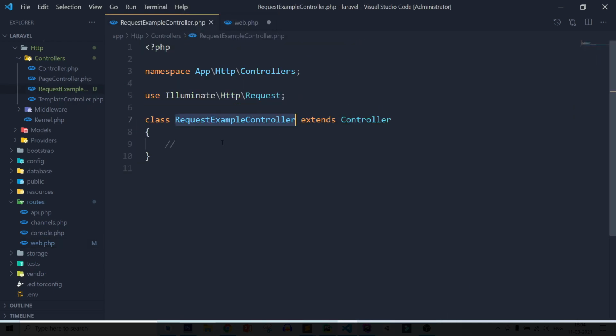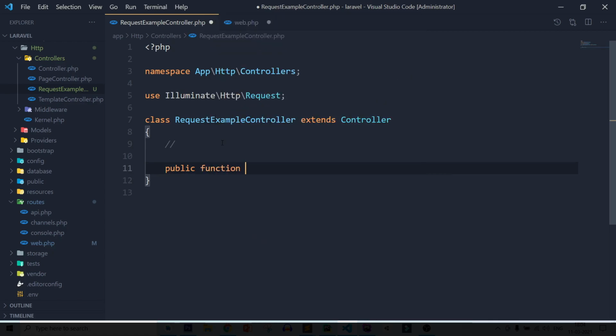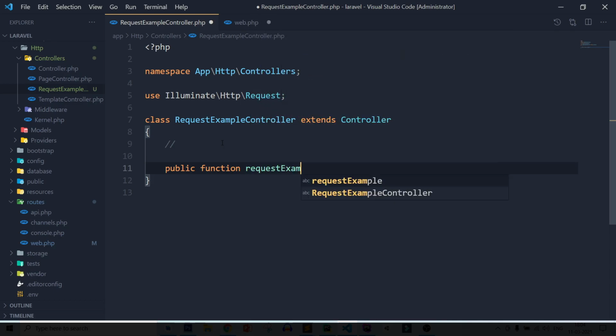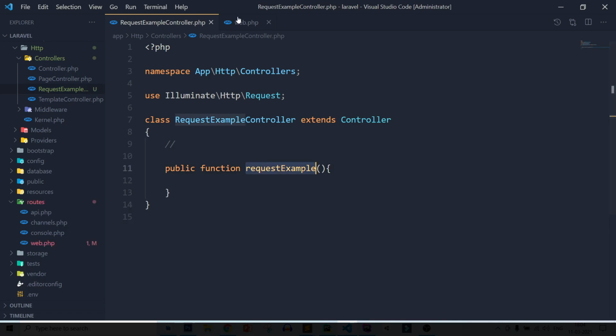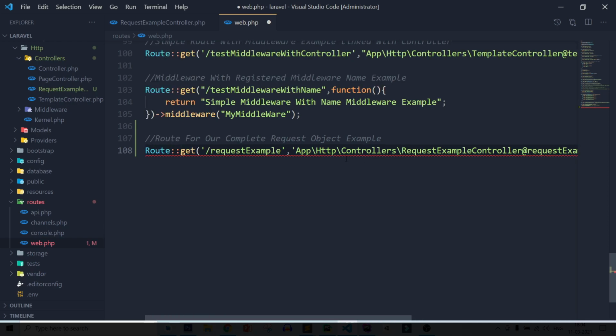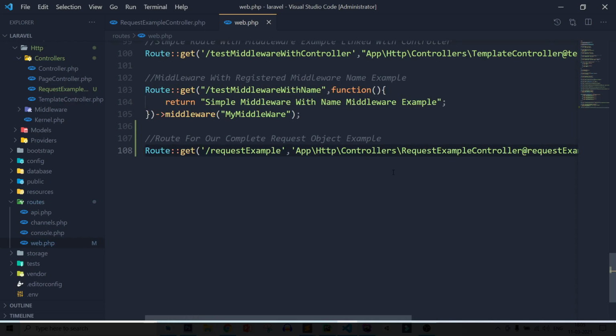So adding a method: public function requestExample. Now let's copy this, save it, and paste it here. After that a semicolon, and save this page.